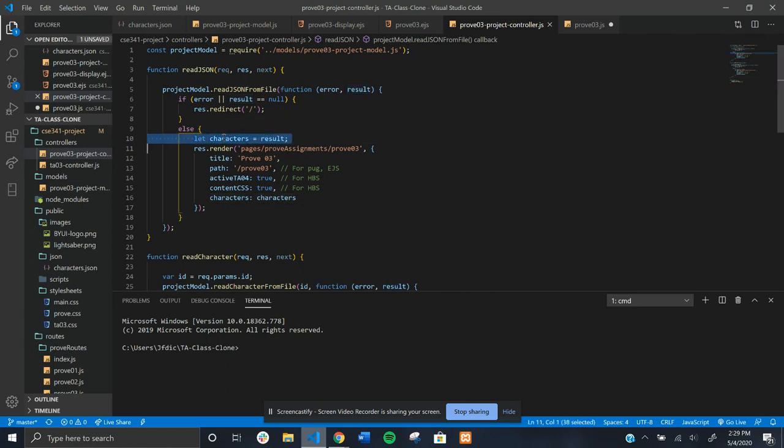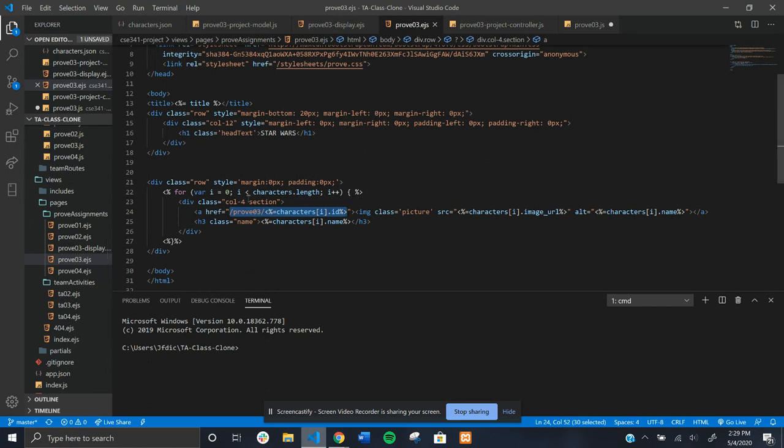I'm going to set it equal to characters, and then I'm going to send that characters to my EJS file. If we come up here to my Pruvo3 EJS file, we now have our characters array that we have sent to our EJS file. And what I'm going to do here is loop through the length of that characters,